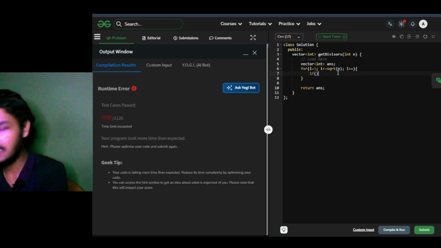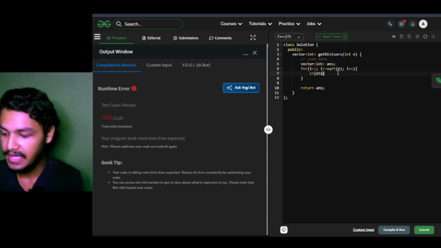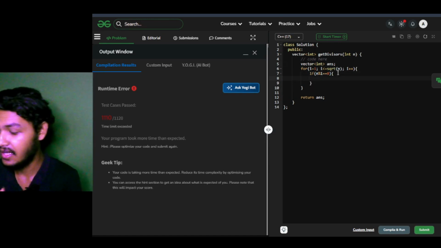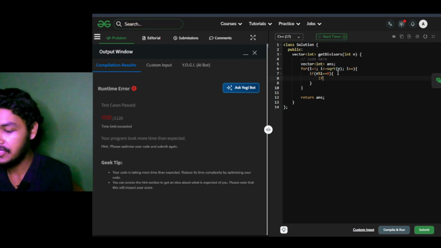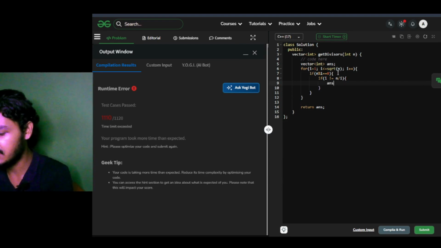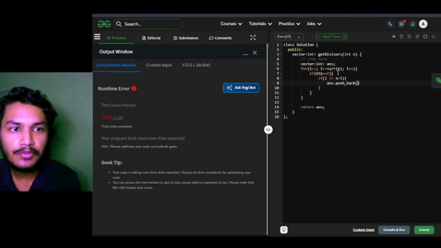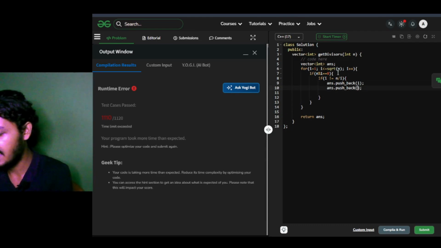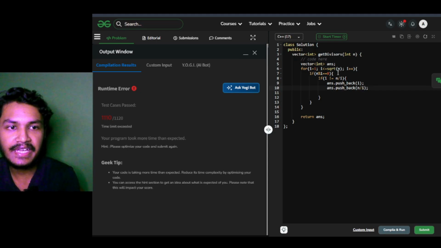We check if n modulus i equals 0, then we check another condition: if i is not equal to n by i, then we push i into our answer array using push_back, and then we push n by i into our answer array.